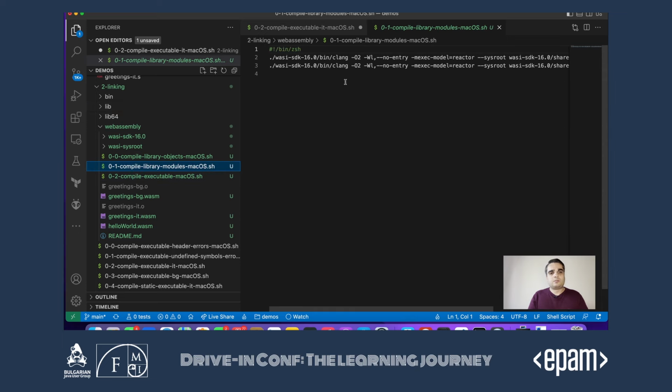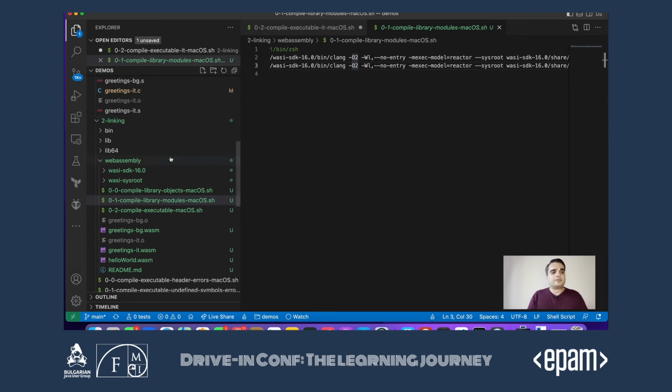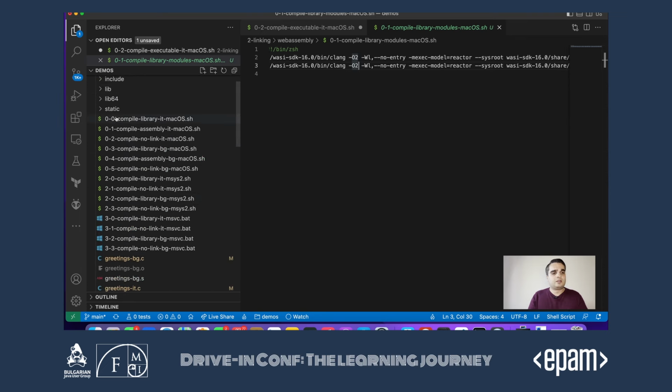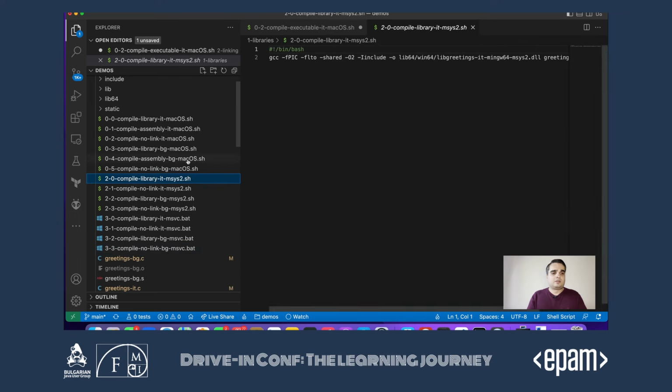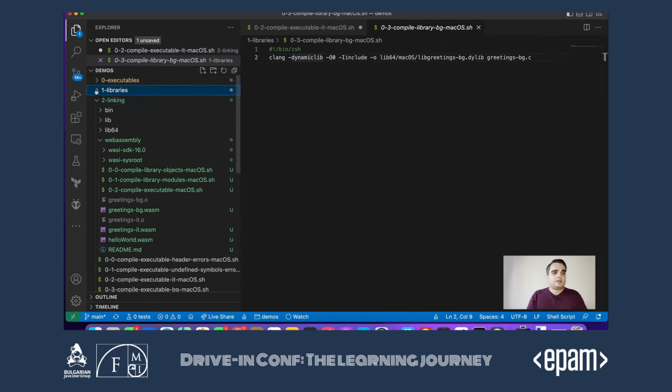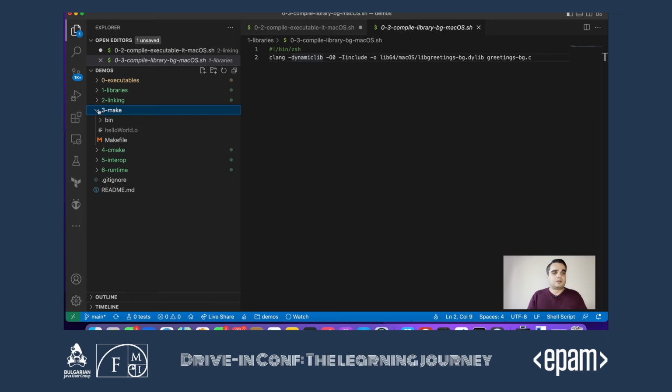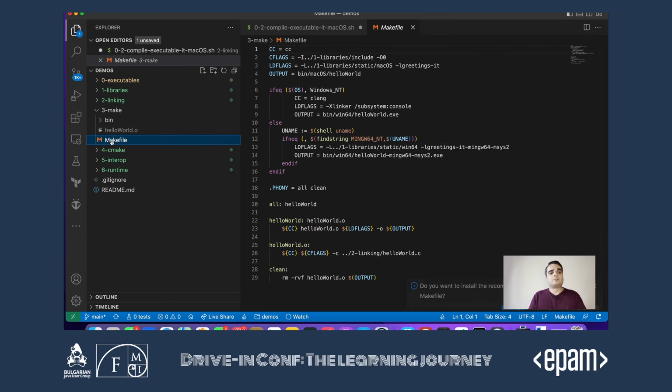You see that specifying every time the compiler and the flags isn't really fun, especially having like 12, 13 different scripts to run. Of course, we can wrap all this into one script for all the different platforms, but it's just painful. So one of the solutions for this is makefiles, make as a program. You've probably seen it elsewhere.